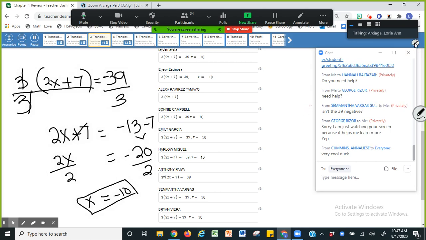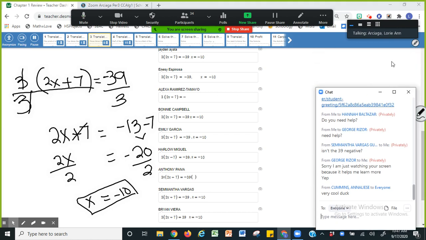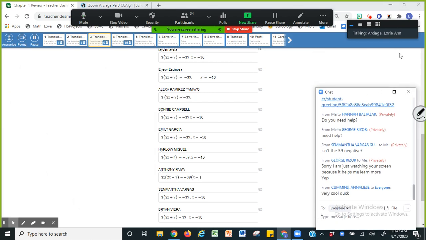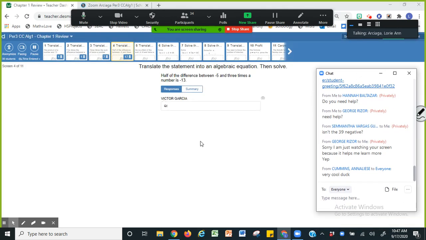Okay, let's keep going. So negative 10 is the answer to number 3. If you got it right, give yourself a pat on the back. If not, it's okay. You got the right answer to a different question, so keep trying. Next. All right, so half of the difference. It didn't say half a number, so that means you will be using a grouping symbol again. So half, and then the difference of